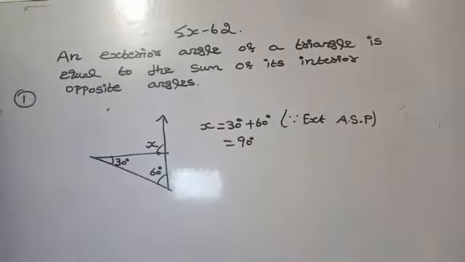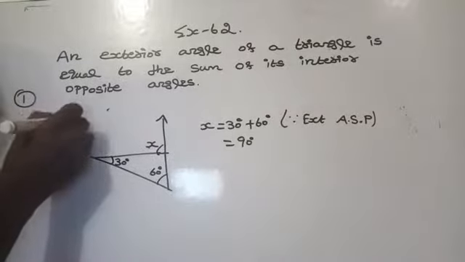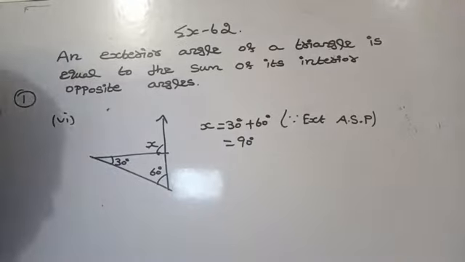Okay, wherever you are using angle sum property of triangle and exterior angle sum property of a triangle, you have to write down the reason. If suppose you are using the linear pair, you have to write down the linear pair. Am I right here? Yes. So this is the sixth part of the question.